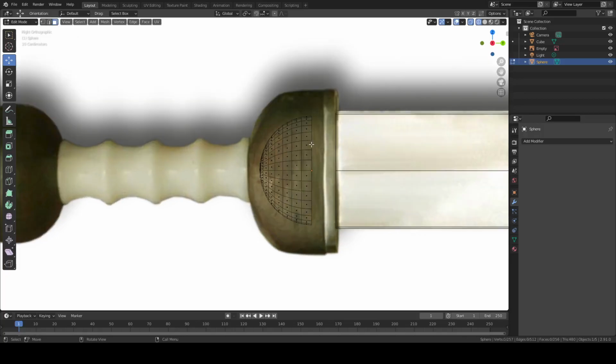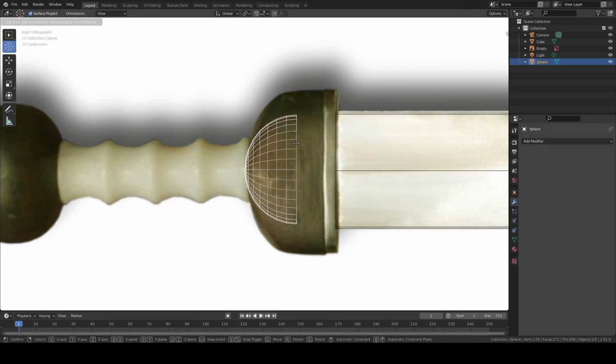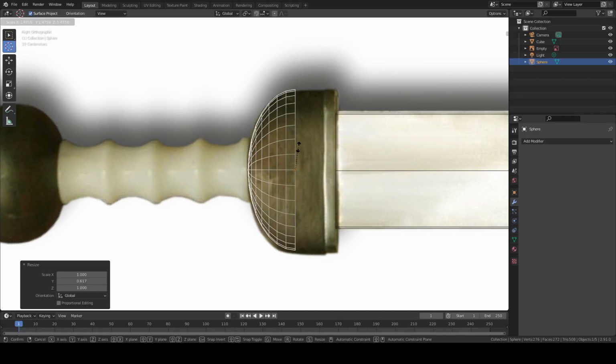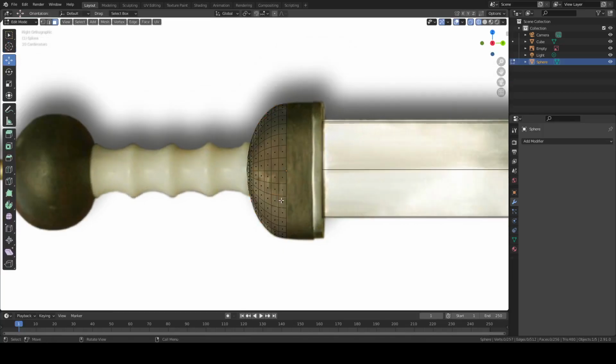Like so. Then what I'm going to do is scale and move it until it fits the object more closely. So scale, oh that's very close already. G, yeah, I would say that's lined up reasonably well with the object. So I'm going to use edge mode, alt select the front, extrude on the Y, all the way to the end,